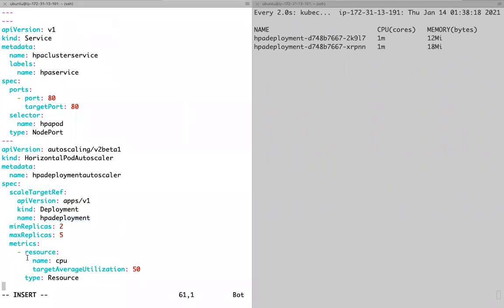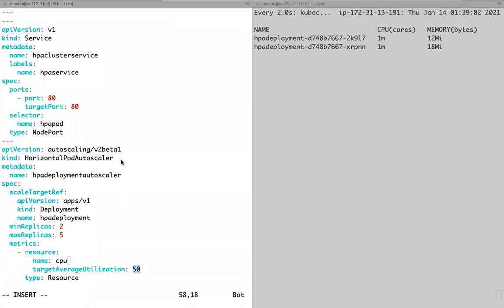And here I have defined based on the CPU. If you see, it's an array, it's a list. What does it mean? Manasa is asking, what if I want to define on both CPU and memory? Do I need to create another HPA, or can I define within this? Can I define another resource? It's an array here, it's a list. So for memory, instead of CPU, you have to mention something like this, memory. So I just put 50% average utilization.